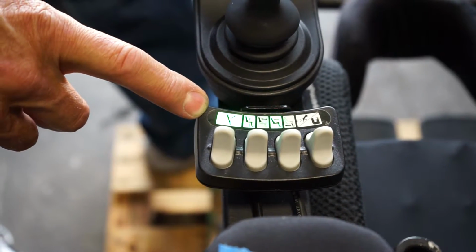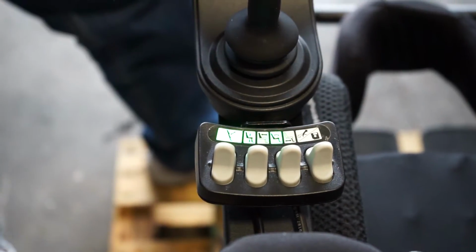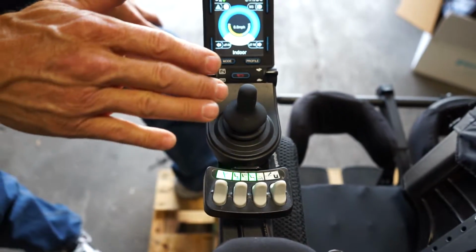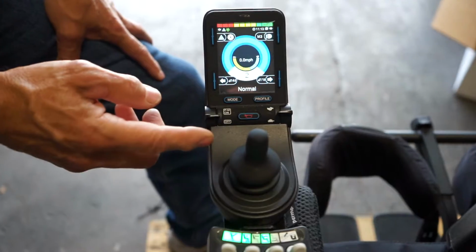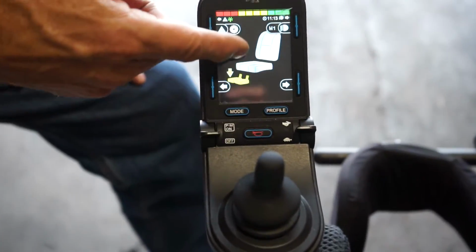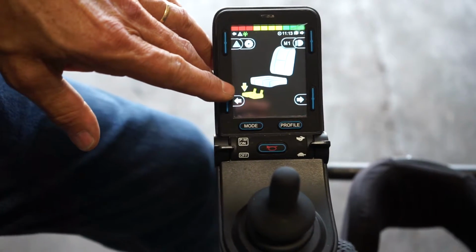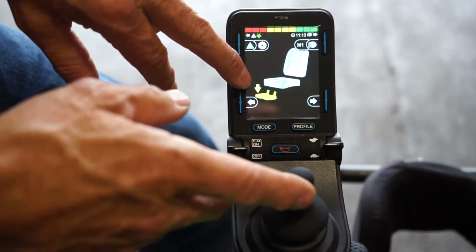Now, one more thing. The only function you can't do through here is the up and down of the feet. So if you want the feet to go up and down, not in and out, but up and down, you would have to go back to the joystick right here, okay? Go back all the way until you get to the seat. Right here, when you see the yellow foot plate and you see the arrow, when I move this,